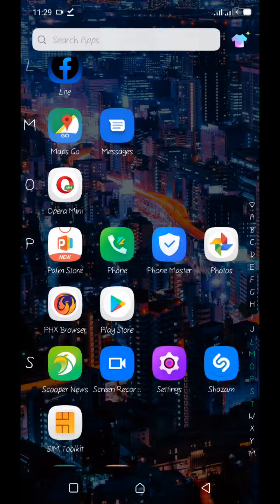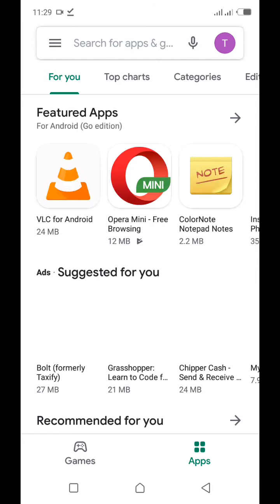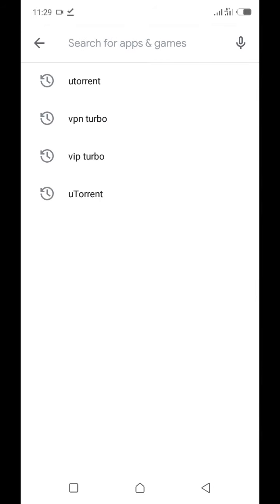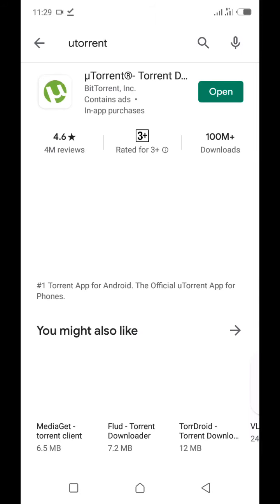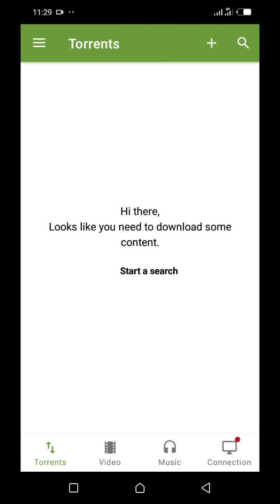So you need to open your Play Store. Wait a second. On my data. So we're searching for uTorrent. So okay, this is uTorrent over there. So actually I already installed uTorrent on my phone, so you can see open. So let me open that and show you how uTorrent looks like. So this is how uTorrent looks like. So you move back